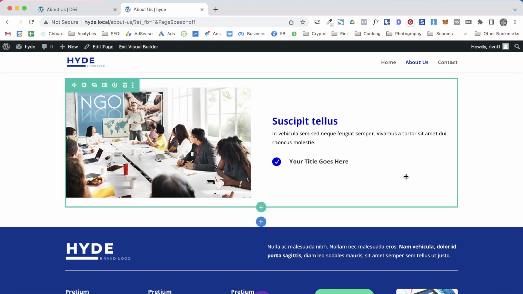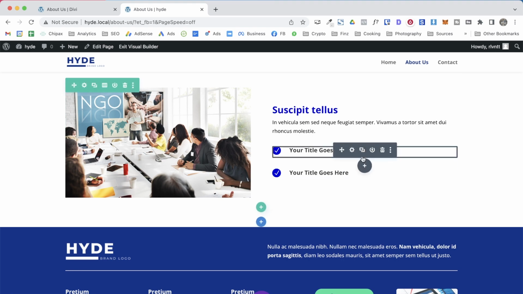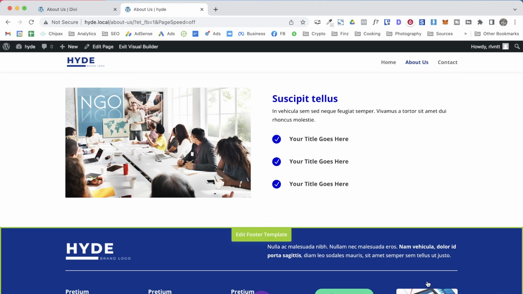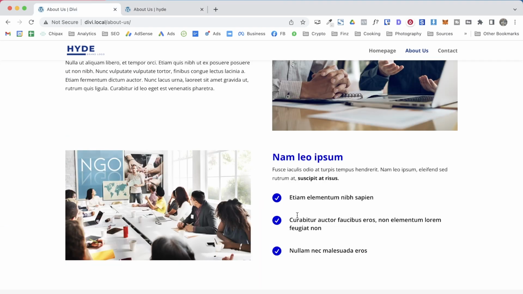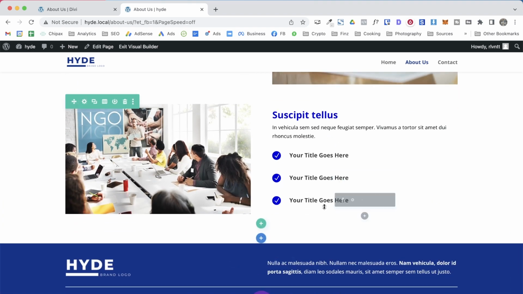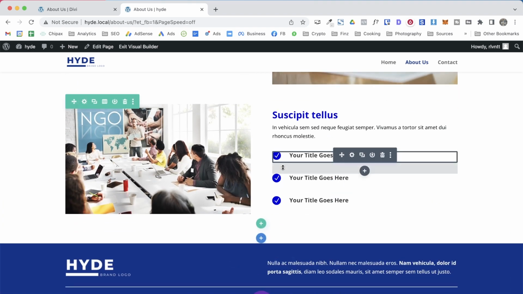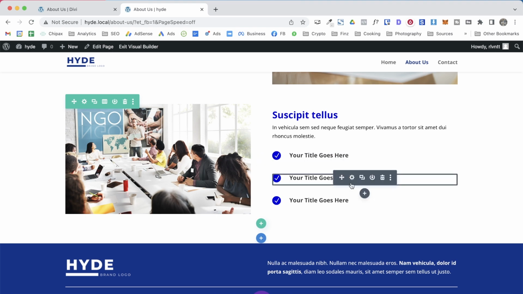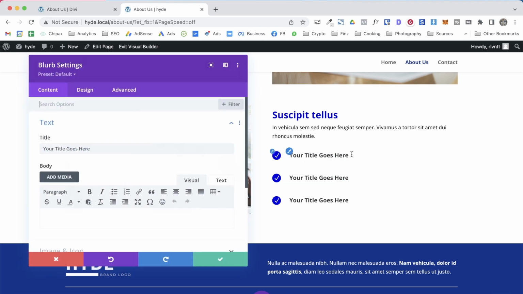And that looks good to me. Then we can duplicate this and add as many as you need. Of course, in this case, I'm just going to leave it like that, but it looks pretty good to me. There's a space between each of these blurbs, and it's made